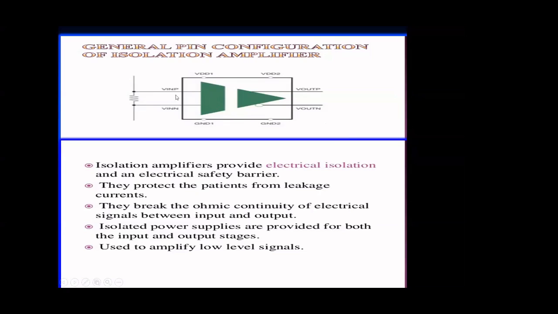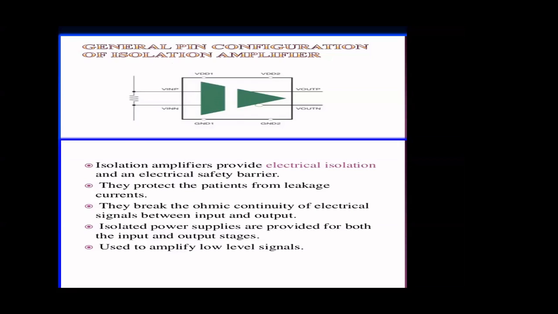So we have optocouplers. Basically the signal that is recorded from this electrode is here on this side. That will be coupled to the other electronic circuitry through either capacitors or the transformer or optical means. In addition to that, this will provide a small amplification also. Basically, the main purpose of an isolation amplifier is to provide isolation of very low level signals. The amplification provided by the isolation amplifier is not enough to drive the A to D converter. So the next